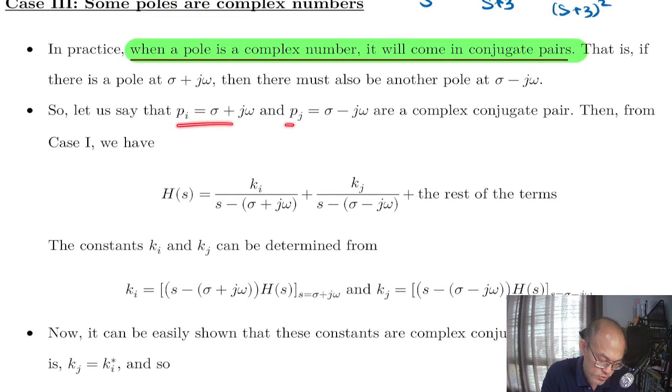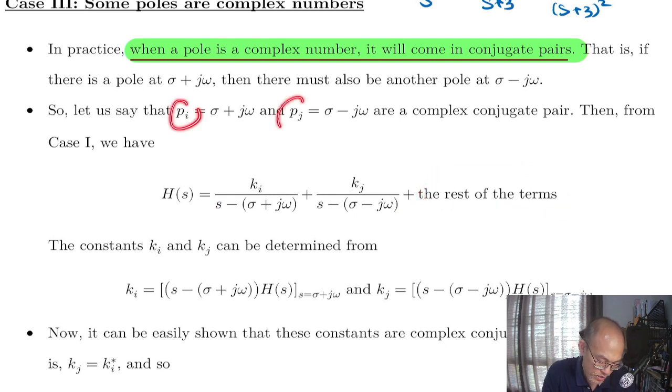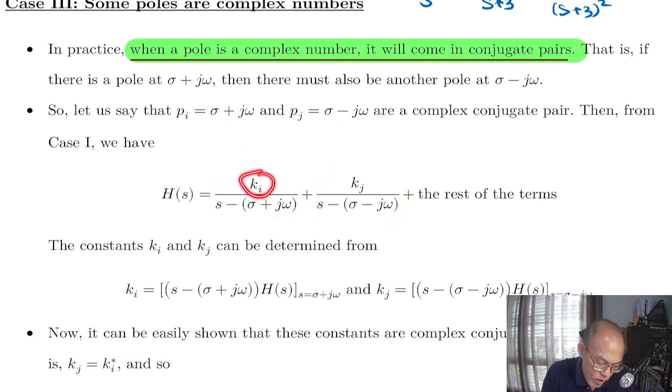Now, because these two poles are distinct, as in case 1, we can write down H(s) as these two terms added together plus the rest of the terms, which we don't know. We are focusing on these two poles only. This term corresponds to the first pole, and this term corresponds to the second pole, which is the complex conjugate of the first. ki and kj